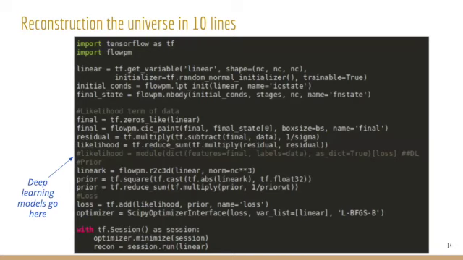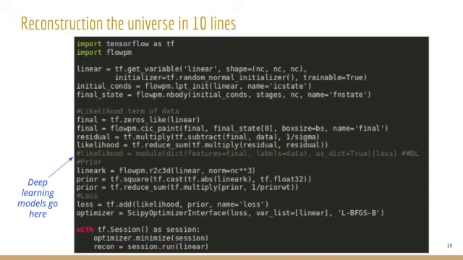Okay, this is the kicker. So this is essentially the entire code that you need to reconstruct the universe in this case. What I've done here is essentially made my linear field a variable that I want to optimize over. Using this linear field, I do the n-body simulation, I put it on the grid, and I compare the likelihood with the observed data. If you have a Gaussian likelihood, this is my prior term. I just add them to get the total loss, and then I can use the inbuilt TensorFlow optimizers to do the optimization and reconstruct the field.